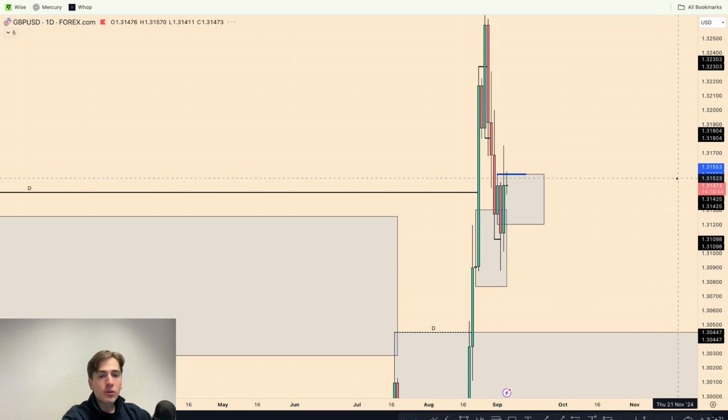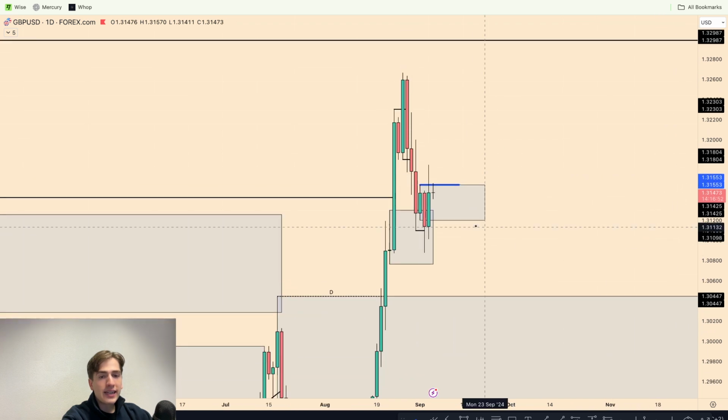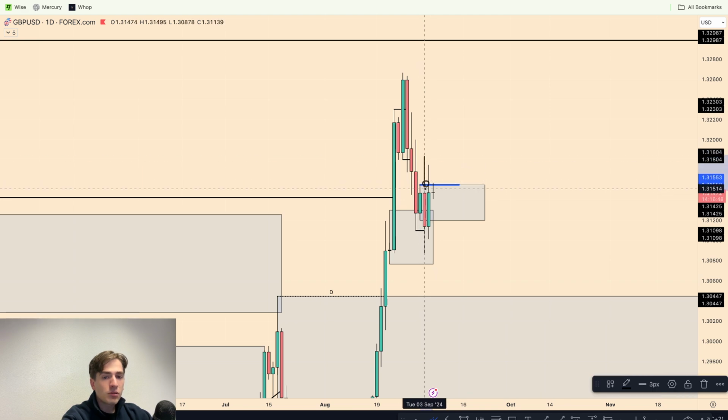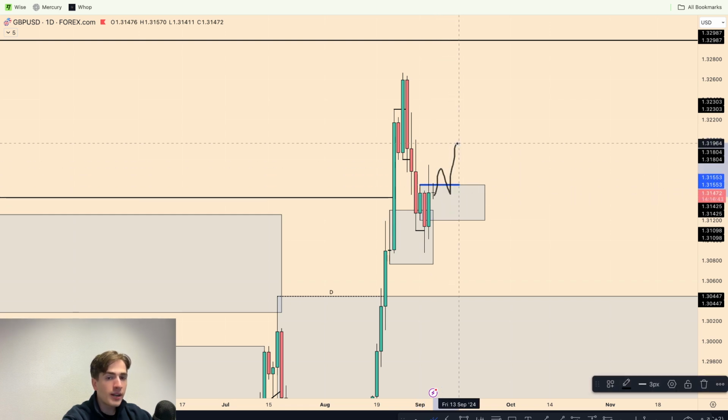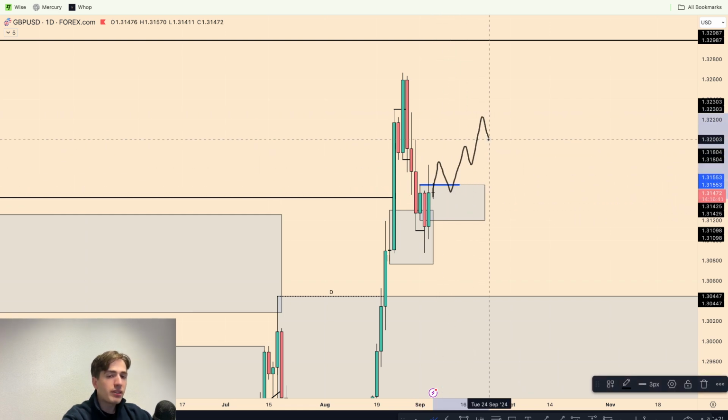Go into the daily real quick. What can we see there? So the daily actually also flipped fractal bullish. The only thing is we didn't see a candle close above the blue line. If we are able to close above the blue line, let's say today, then I'll definitely be looking for more